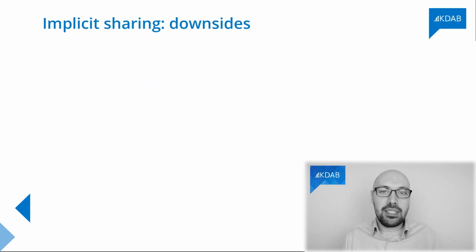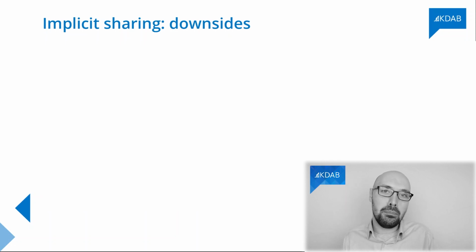So is everything just that great and we should just be using this all over the place? Well, everything is great, but implicit sharing also comes with its fair share of downsides. Now, before I go into this, let me just put a huge warning sign over here, which is, please don't fall victim to the "but sometimes" syndrome. If you want to know what I'm talking about, I'm going to leave a link down in the video description. I'm going to point out a few specific and peculiar downsides of implicit sharing, which may or may not affect you. Still, implicit sharing may be a good trade-off for you.